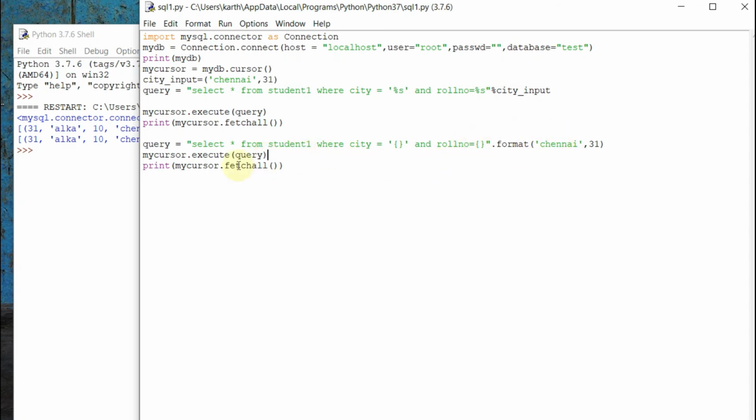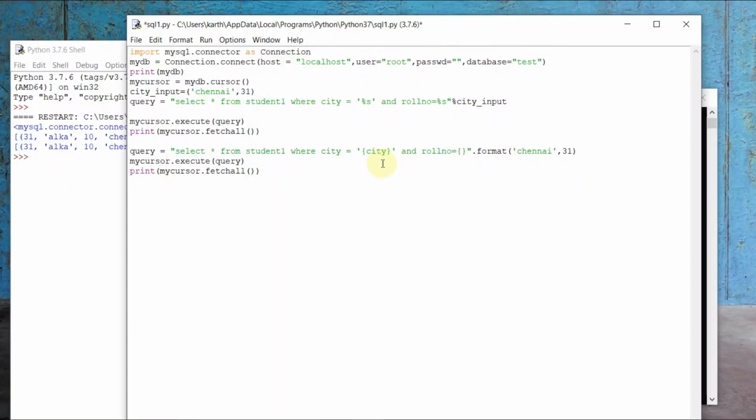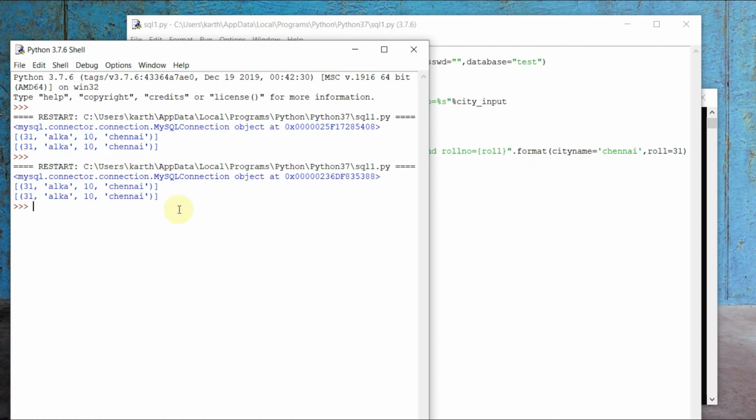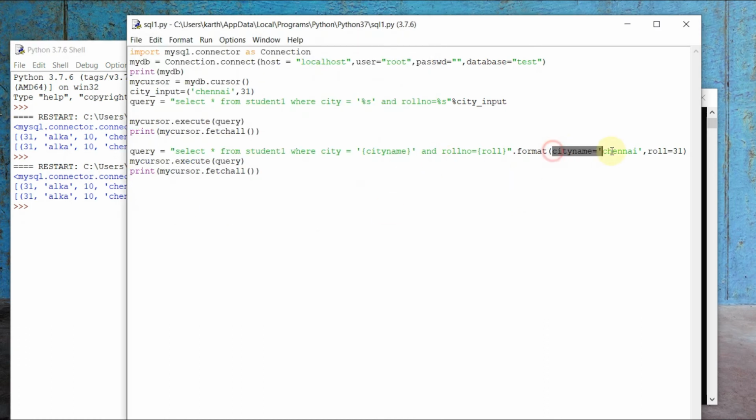Now this can also be passed in another manner, wherein I can have some name here, like city name, and here I can specify city name equal to Chennai and roll equal to 31. So this is also going to execute correctly, and if I'm giving a named parameter, I can change the order.